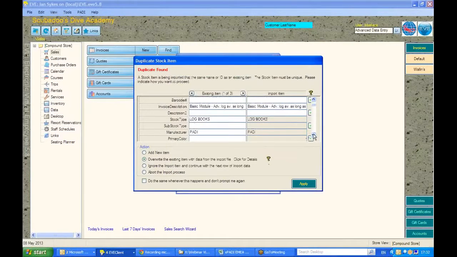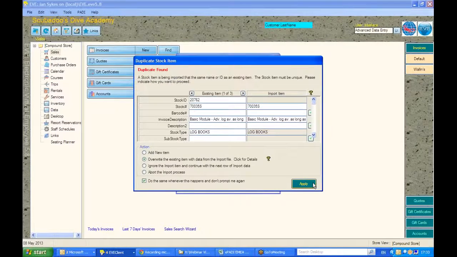Other than that, this will overwrite with information such as a change of price. Now I could do this every time that Eve finds that same stock item by selecting this box down here. Then when I hit apply